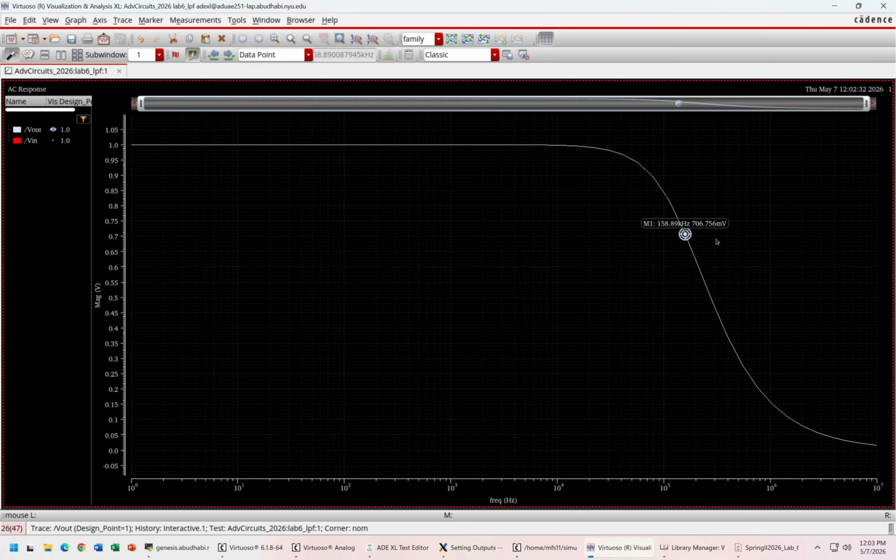So it is telling me that at 0.706, approximately 0.706, the cutoff frequency is 158.89, or 159 kilohertz. That's the cutoff frequency when we have R to be 1 kilo ohm, and when the C value is 1 nanofarad, as I've said, the cutoff frequency is 159 kilohertz. All right,